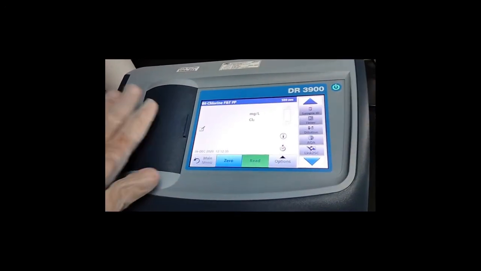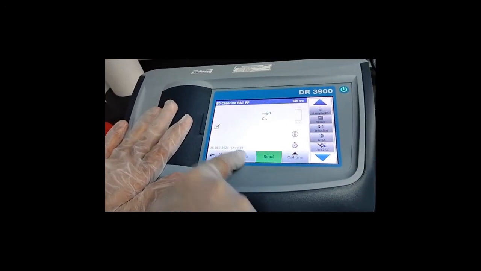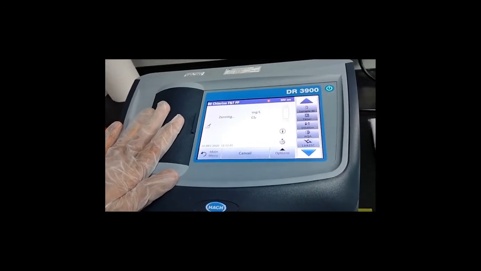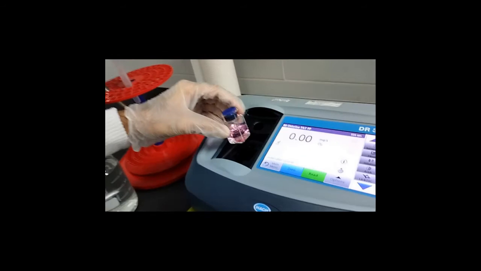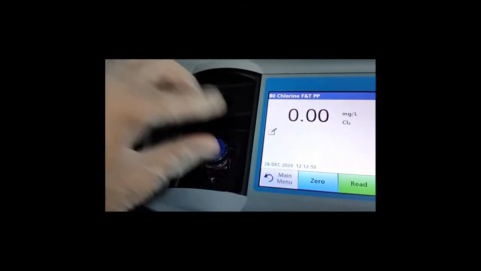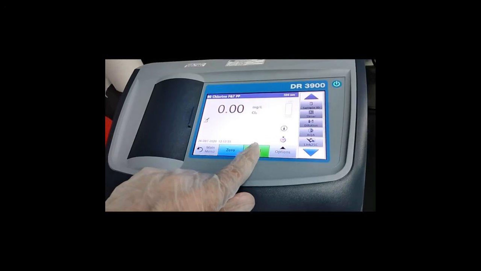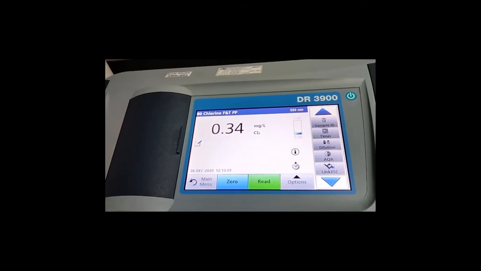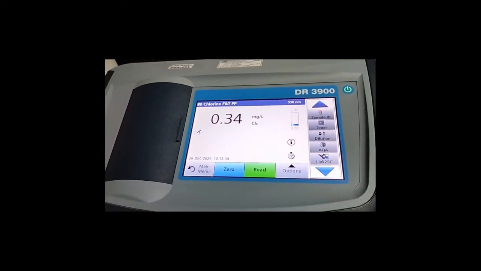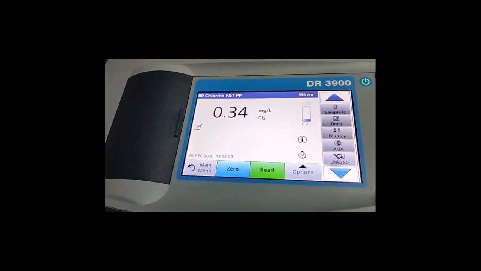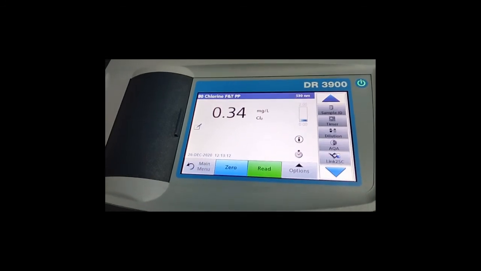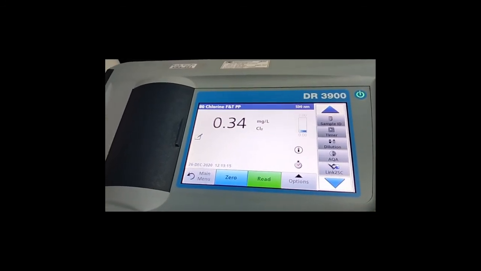Now because I already put my blank sample here, I will go to the 0. 0 is finished. I will take my sample cell and put it in my chamber and close it. Now I will go to the reading. So there is 0.34 milligram per liter chlorine. So this is how you can check total and free chlorine in your sample. Your free chlorine can